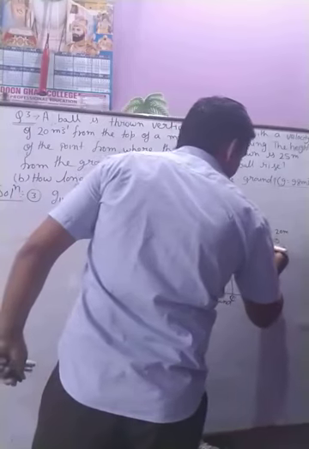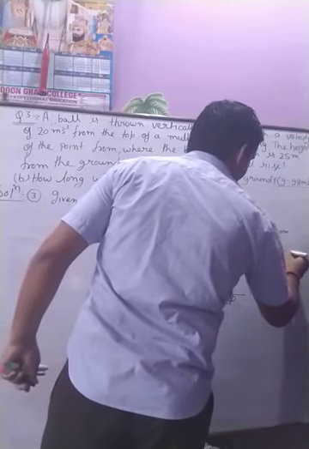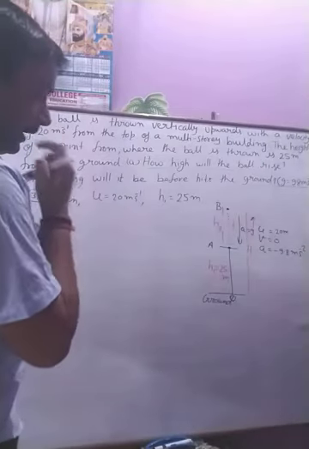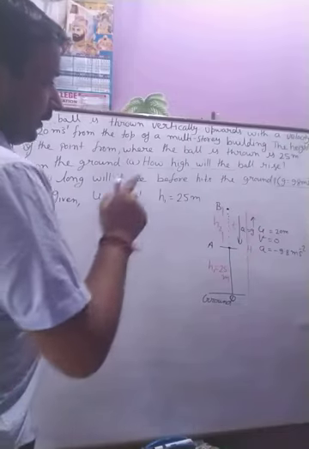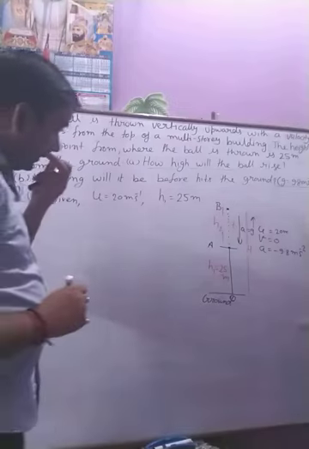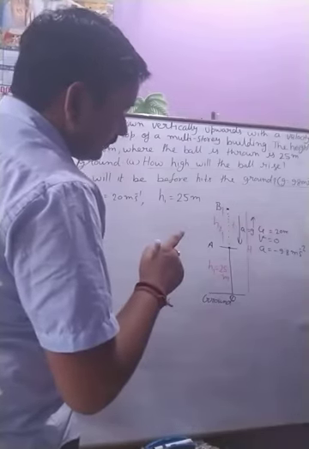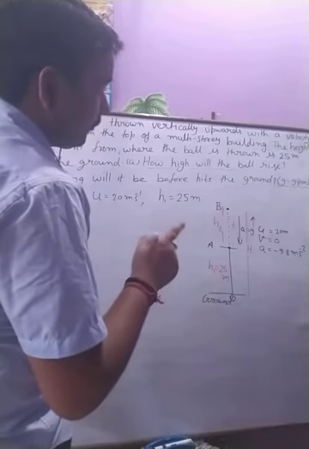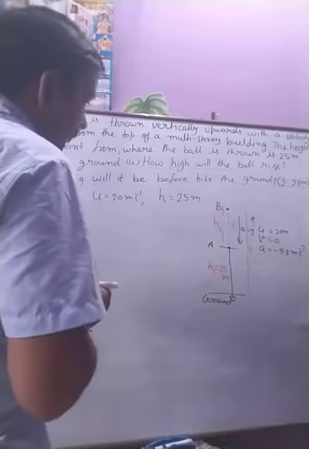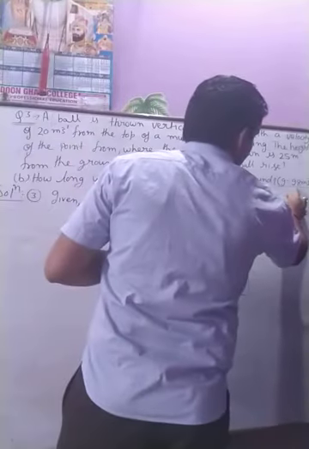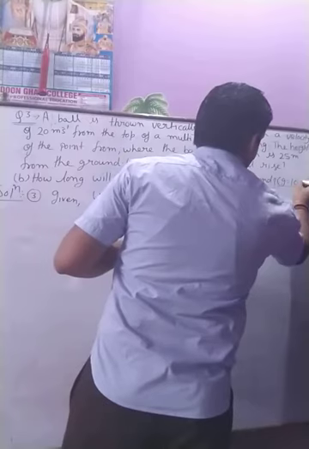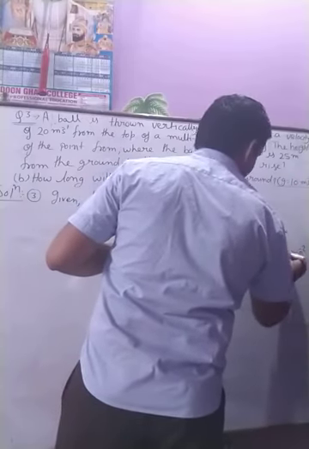So acceleration we use here minus 9.8 मीटर पर सेकेंड स्क्वायर. सो हमारे पास यहाँ पे इनिशियल वेलोसिटी है, फाइनल वेलोसिटी है एंड एक्सेलरेशन है. We can calculate time by using the first equation of motion. ये थोड़ा सा कॉम्प्लिकेटेड हो जाएगा स्टूडेंट अगर हम इसको 9.8 लेंगे. Let us use here 10 meter per second square.